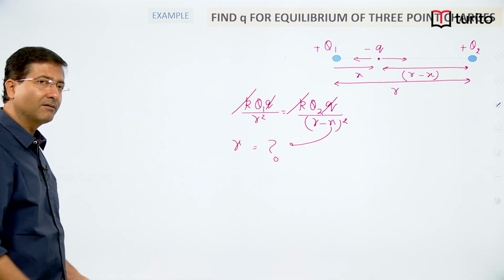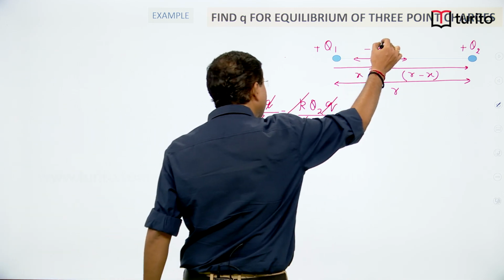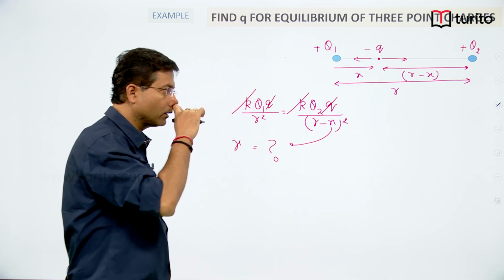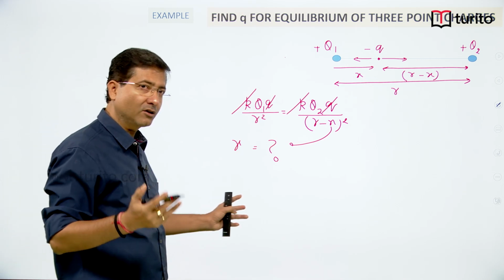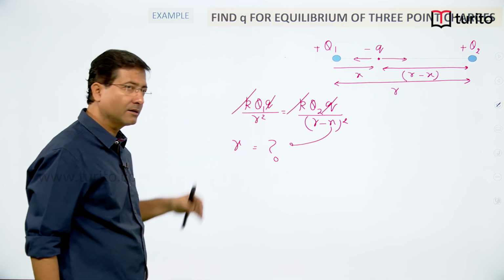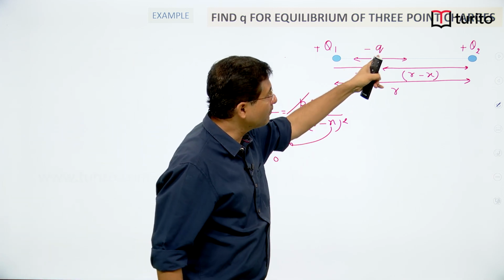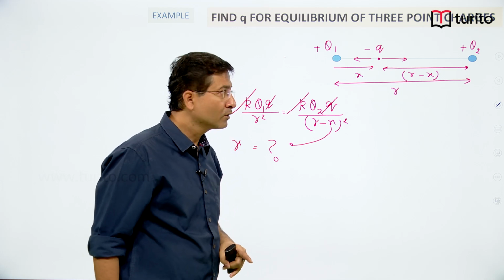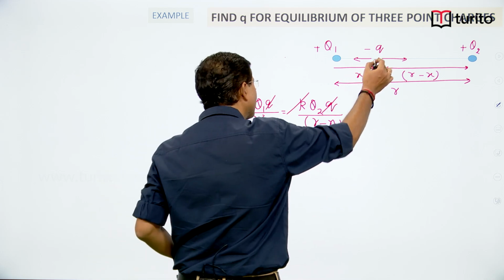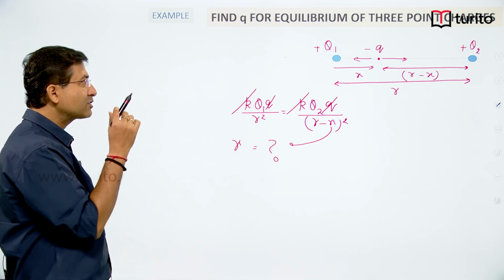Now after getting the value of x, we can also find out what should be the magnitude of charge. Sign we got by logic, position we got by expression. Now we want to calculate the magnitude of charge. So when I am considering free body diagram of this one, this q and q gets cancelled out. That means to get small q